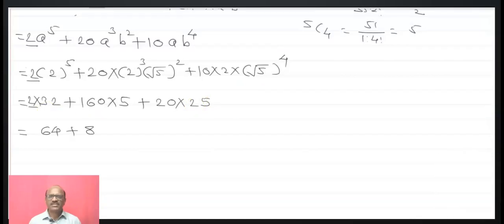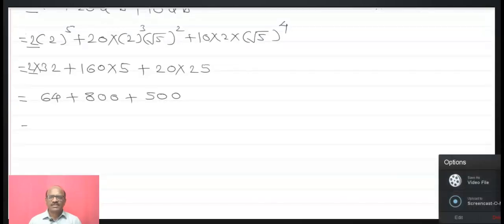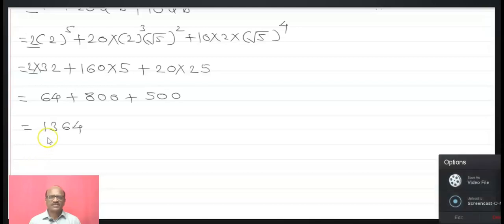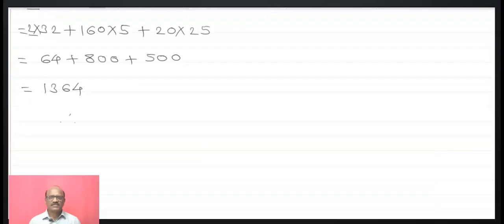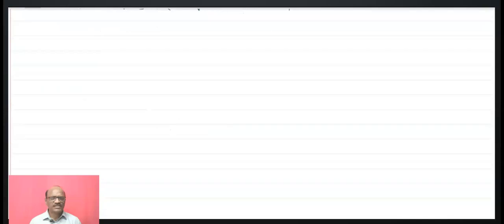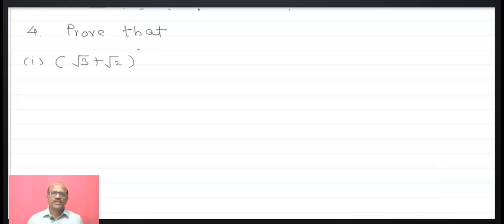After the multiplication, that is 64 plus 800 plus 500. Then you will get the final answer, 1364 is the answer. Next is, therefore 2 plus root 5 bracket is to 5 plus 2 minus root 5 bracket is to 5 is equals to 1364. Now the next question, prove that root 3 plus root 2 bracket is to 6